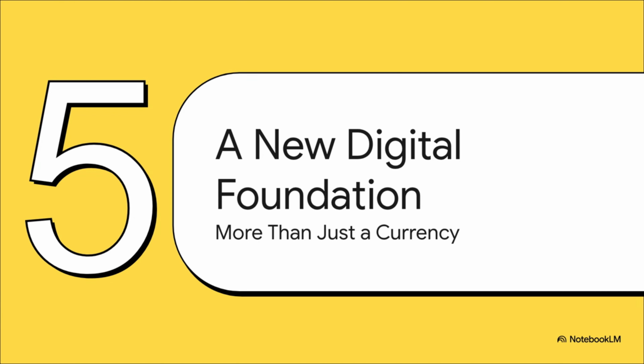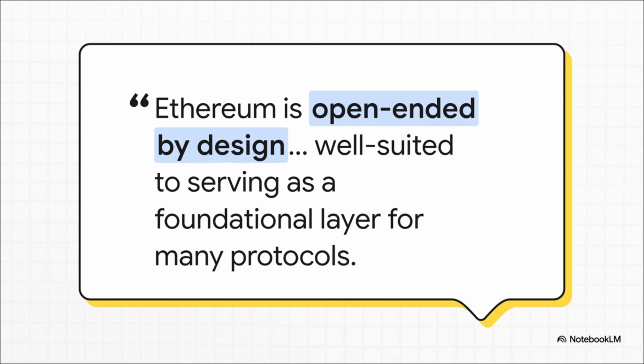So as we start to wrap this up, it's so important to see the bigger picture here. Ethereum and smart contracts were never just about making a slightly better version of Bitcoin. The vision was so much grander than that. And this quote from the end of the white paper just says it all. The point wasn't to build a handful of cool apps. The point was to build a new foundation, a foundational layer for a new kind of internet, where anyone, anywhere, could build the financial and social systems of the future without asking for permission.